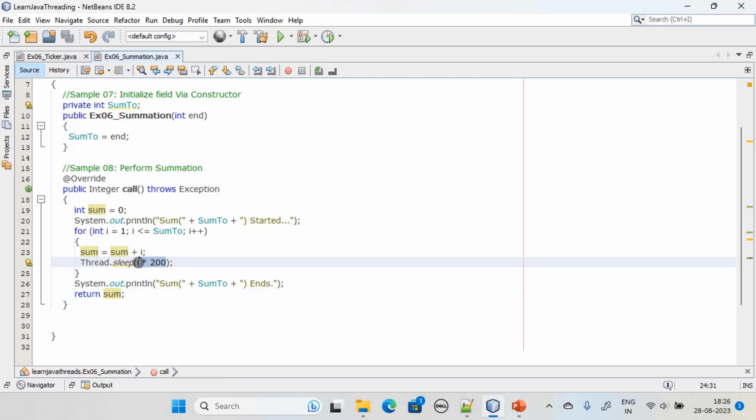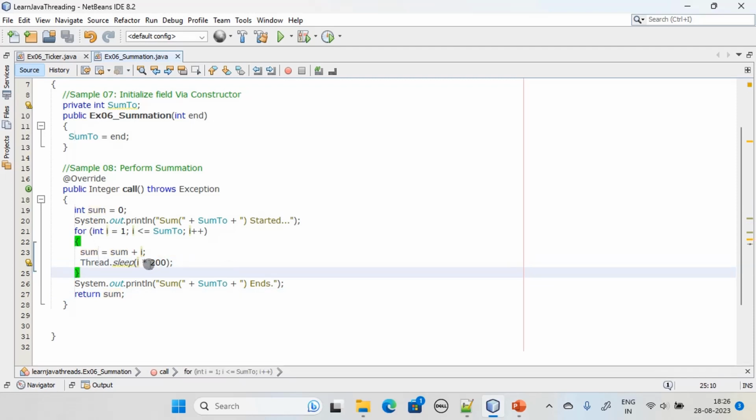And the sleep time we are increasing for each i times 20. So if the summation is 8, then we intentionally make that callable task run longer than the first callable task. That will do only one summation, and the second one will perform two summations. So the first time the delay will be 200 milliseconds, the second time it will be 400. But when we make a call to a summation of 8 numbers, there will be more sleep. So we are just mimicking that